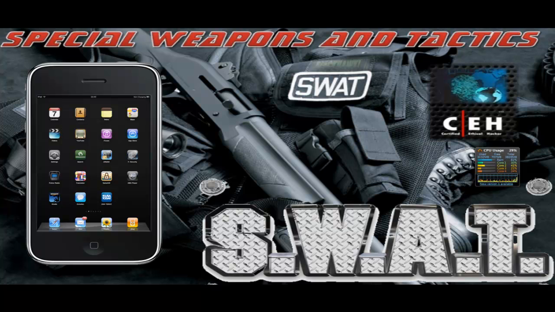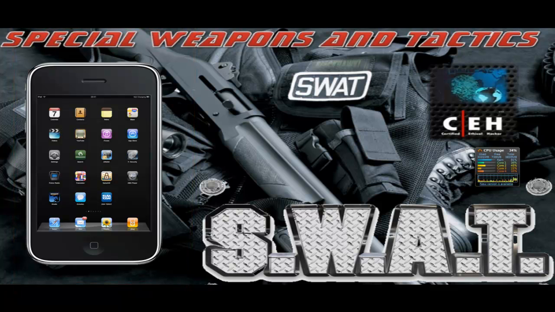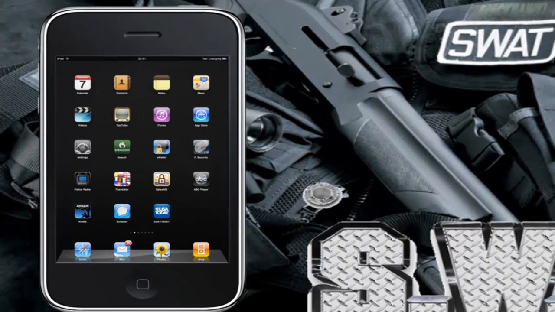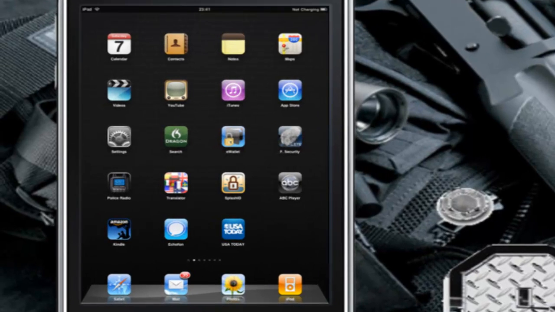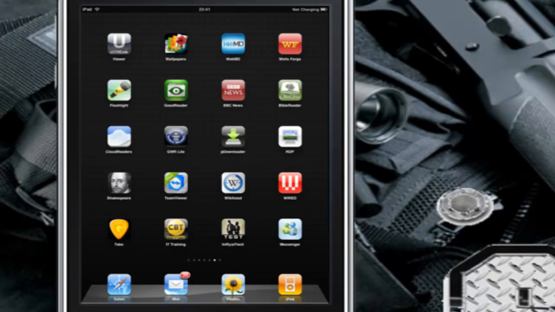Right, folks, so we're back with our iPad up on the screen. I will give you a bit of a rundown of the applications that I've already installed on my device. The ones that we're going to be looking at are predominantly the ones that we installed using Cydia. Other than that, I won't talk about the ones that are on the App Store. Hopefully you can see my mouse pointer going all over the place, and the screen resolution should be good enough for you to see my icons. And basically, we're now just going to go along and open up Cydia,